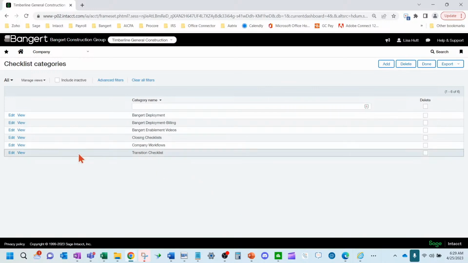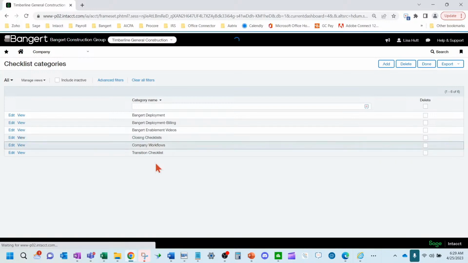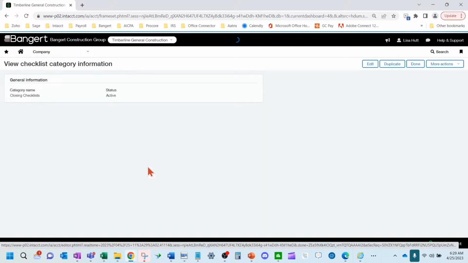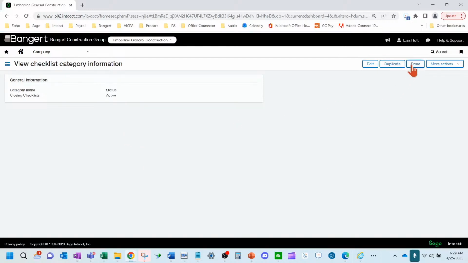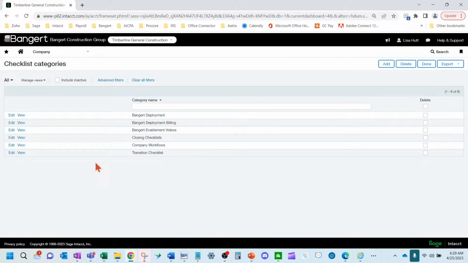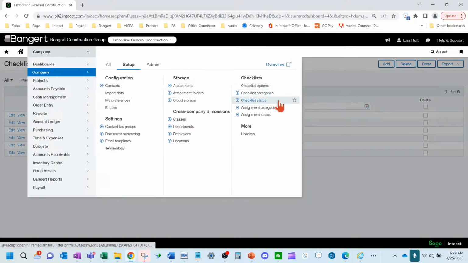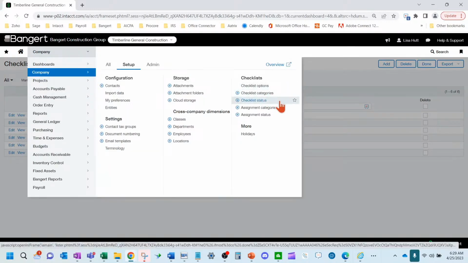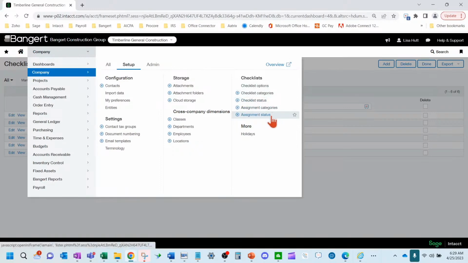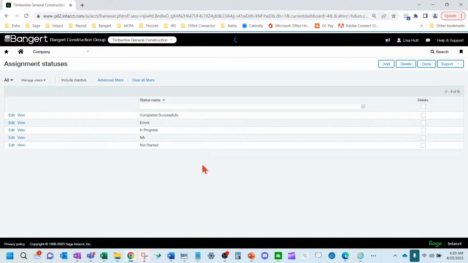Let's say I've got a year-end close going on and I want to put my closing checklist into the system. There are sample closing checklists inside the system that you can customize to your specific company. So let's go over here and look at the assignments for that checklist.